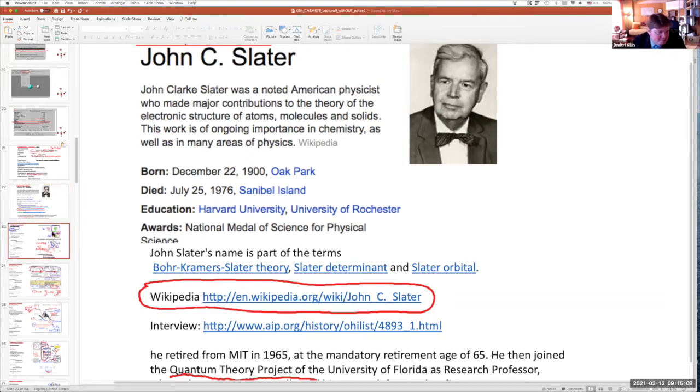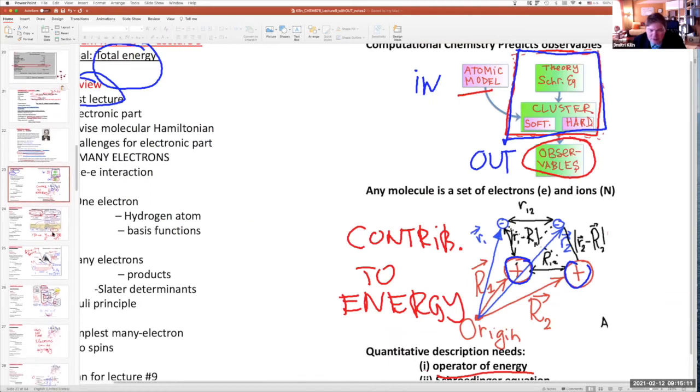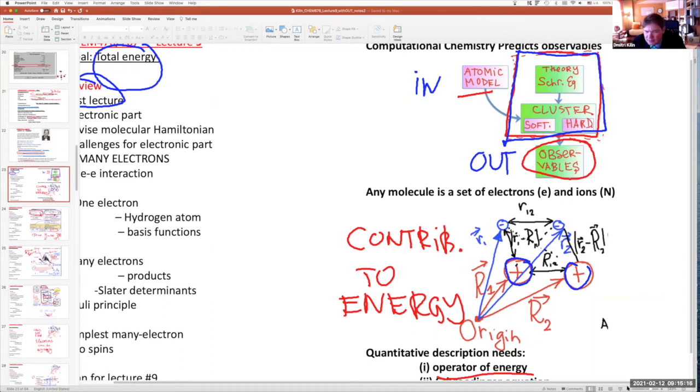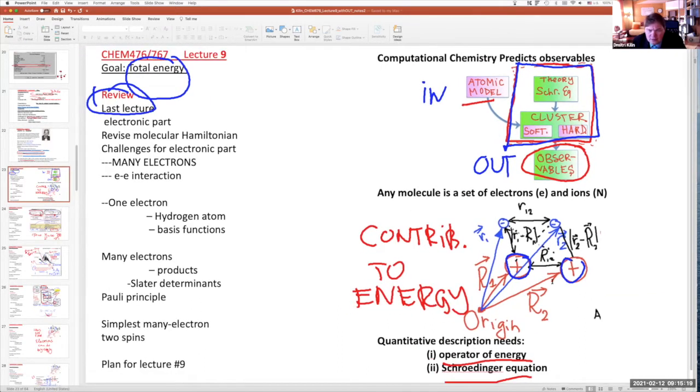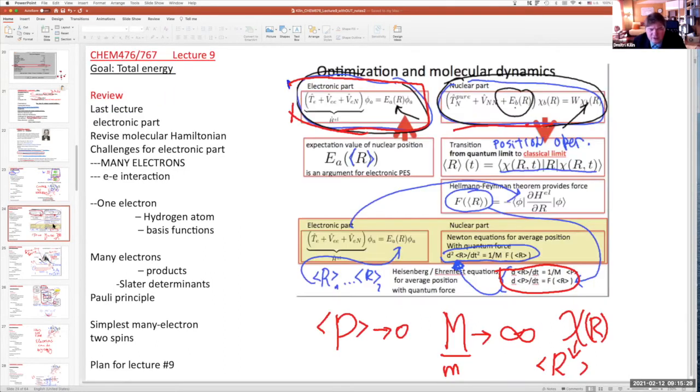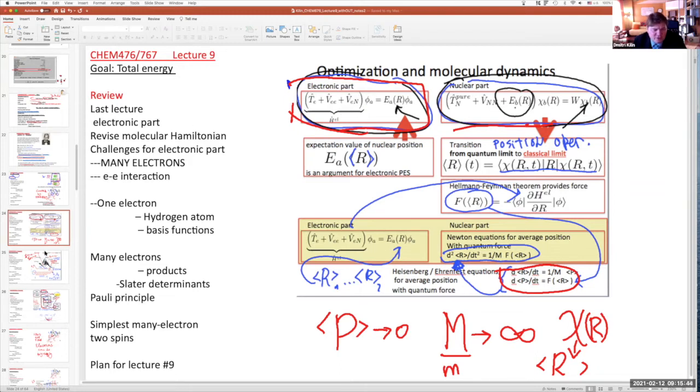So what we did up to now, we considered the concept of molecules as ions and electrons, set up the molecular Hamiltonian, and then immediately chopped the molecular Schrödinger equation into two parts, the electronic part and the nuclear part. And for the nuclear part, we made the Ehrenfest approximation, but for the electronic part, which is here, it is something we will focus on